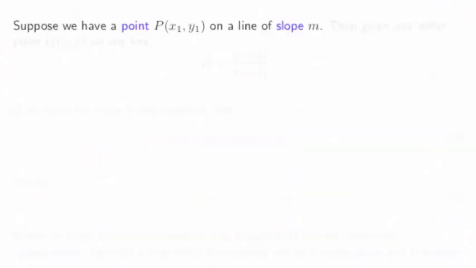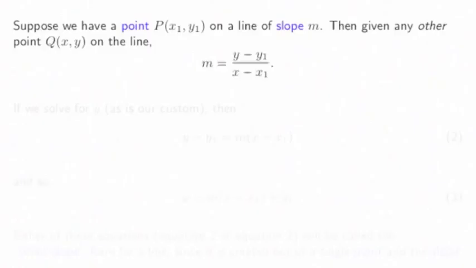Suppose we have a point P on a line of slope m. Then given any other arbitrary point Q, x, y, on the line, we can still write out the equation for the slope. It's the change in y values over the change in x values. The point Q is arbitrary, x and y are unknown. The point P is known, x1 and y1 we supposedly know, but we have this nice equation for the slope,